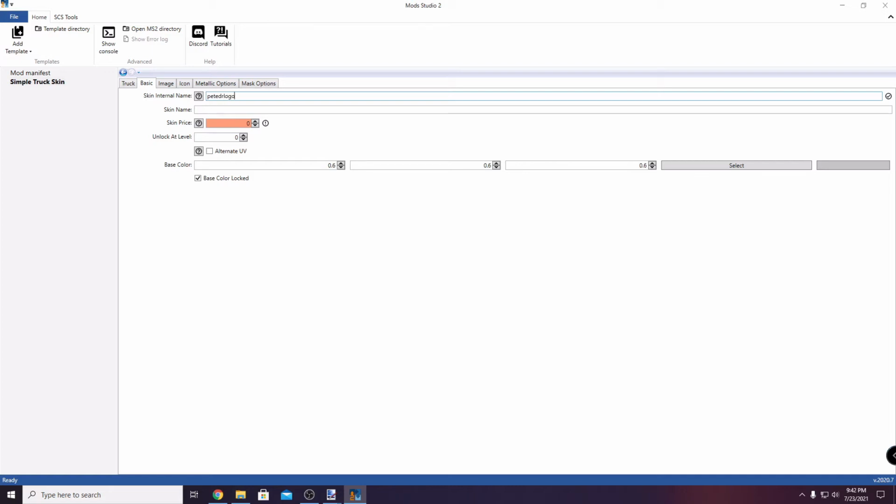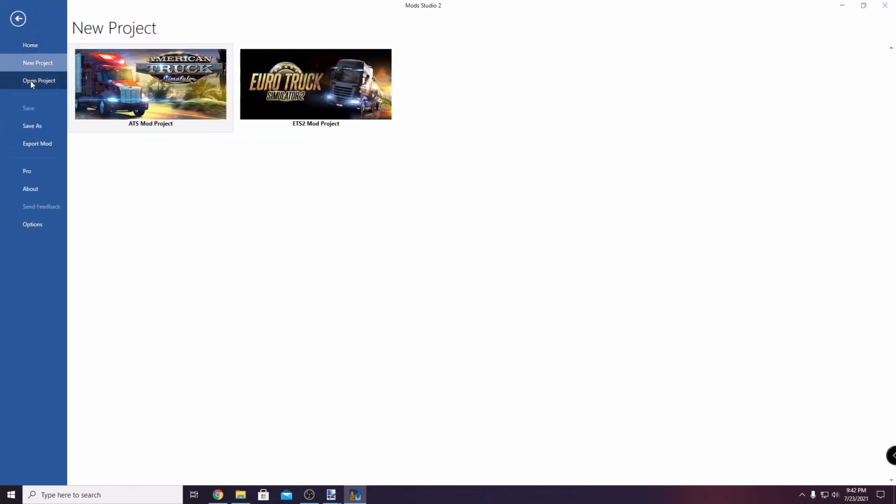Price. I always put $100. I don't know why. Uncheck this box that says lock base color. You don't want the base color locked unless you're making it for only one color of truck, and then you